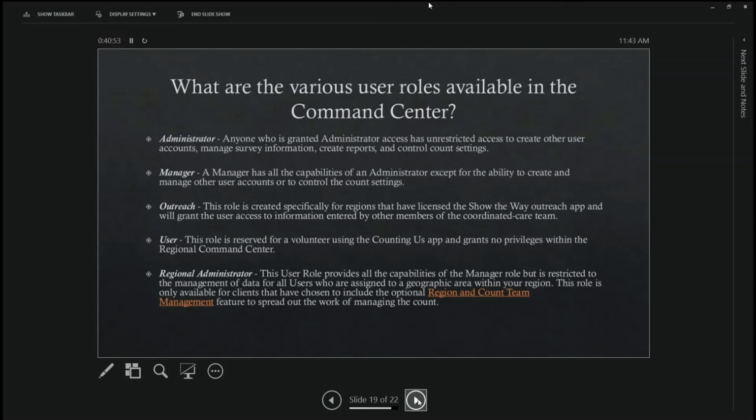So an administrator basically has Uber access, and it's for your data store. They can read other users, they can manage survey information, they create reports, control your account settings, etc. The manager has all those same capabilities, except for the ability to create and manage other user accounts or to change the account settings. So they can't change the setup key, they can't change the region geography, but they can